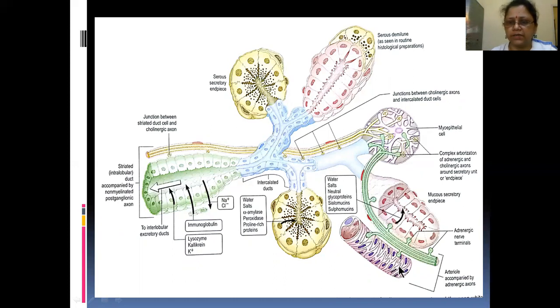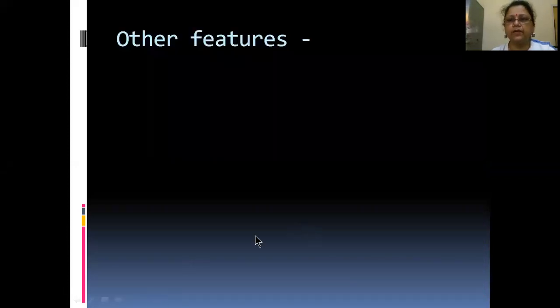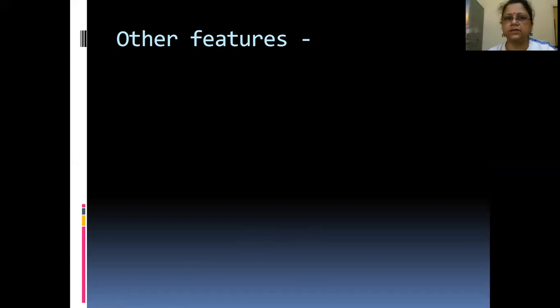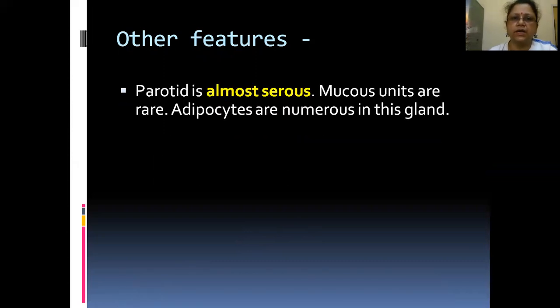Then you can see the blood vessels and the nerves here. Okay, and you can go through this slide for a while to understand the physiology part. I'm not going into details about the physiology part. Then beside whatever I had discussed just now, parenchyma, then stroma, and the duct system, what are the other features?